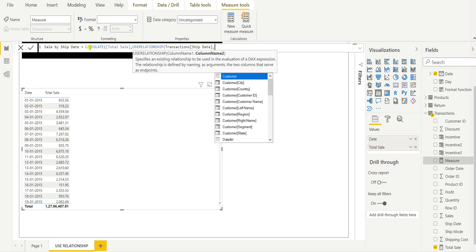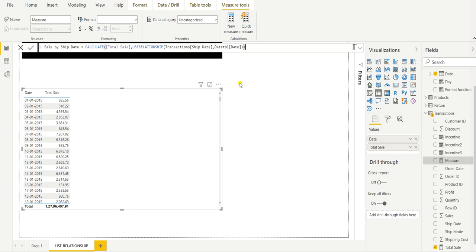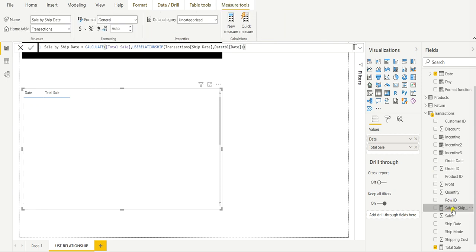And in the second column we will use the date dimension table, because the relationship is built between the date table and the transaction table. So date from the date dimension table, and close. Now we have the new measure created, sale by ship date.